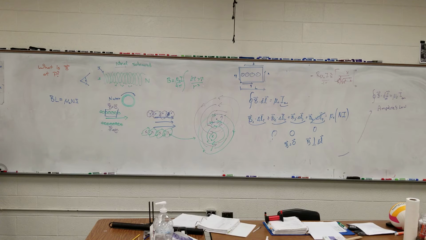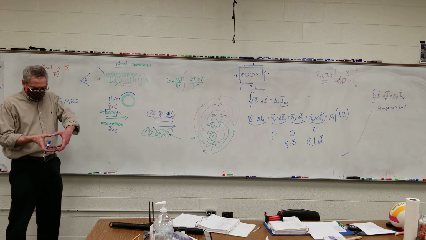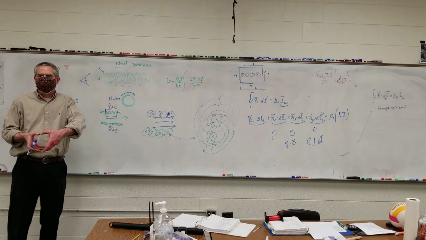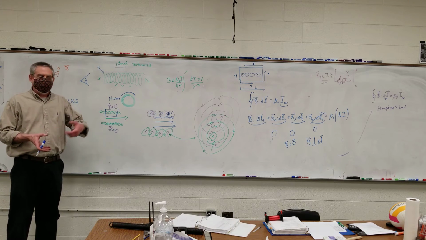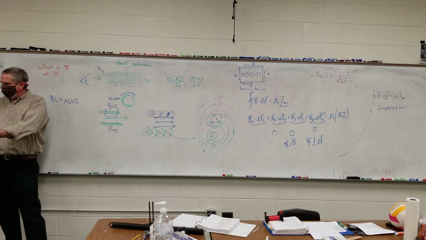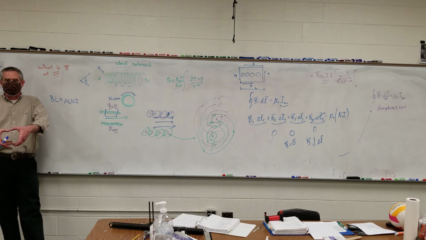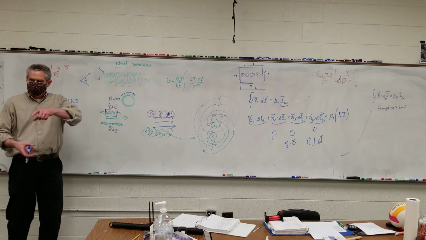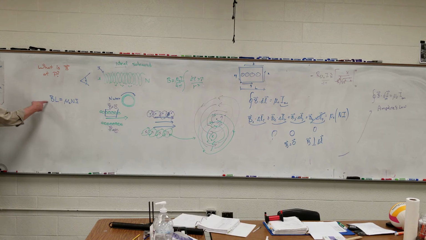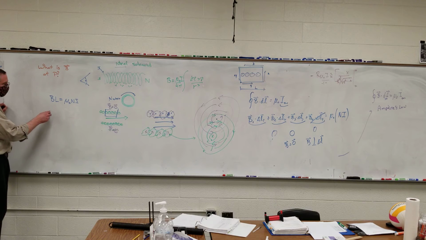All right, so these are just a bunch of circles here. We have a circle of wire and a current that's flowing around it. Now, in the case that we did before, it was a complete circle. This one's just slightly off because it starts the next circle, because it's a coil. But B right here is the magnetic field